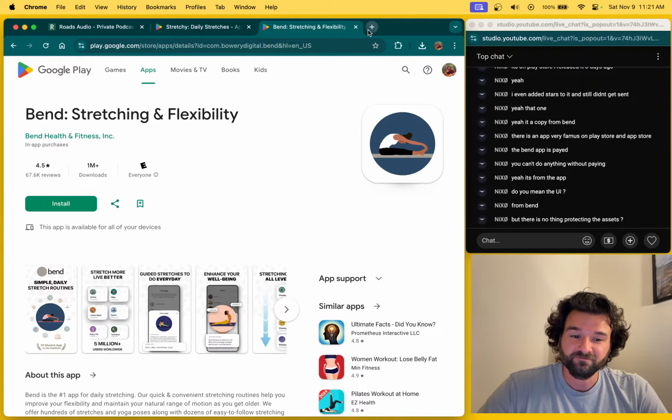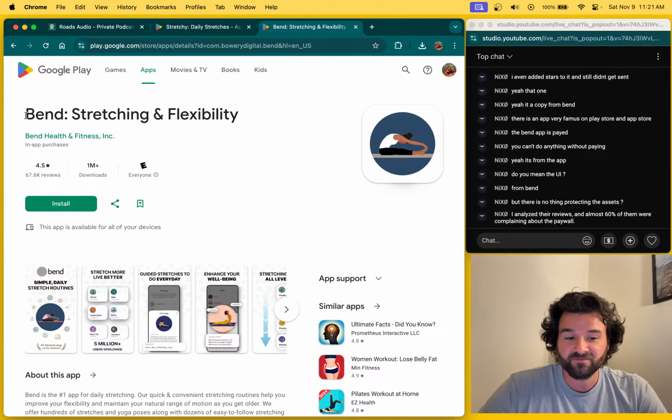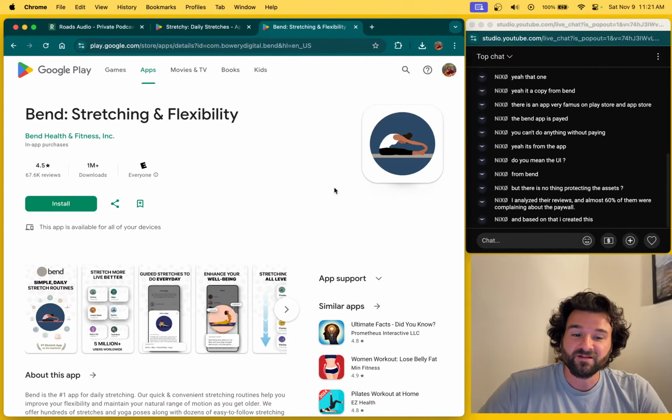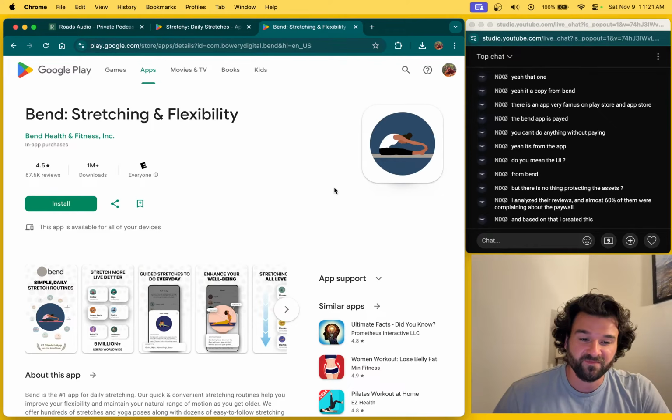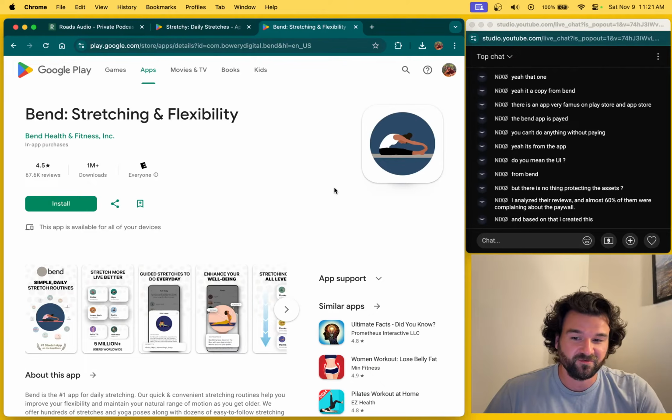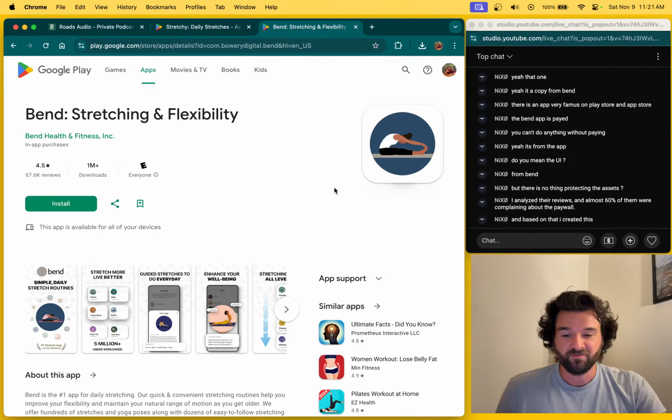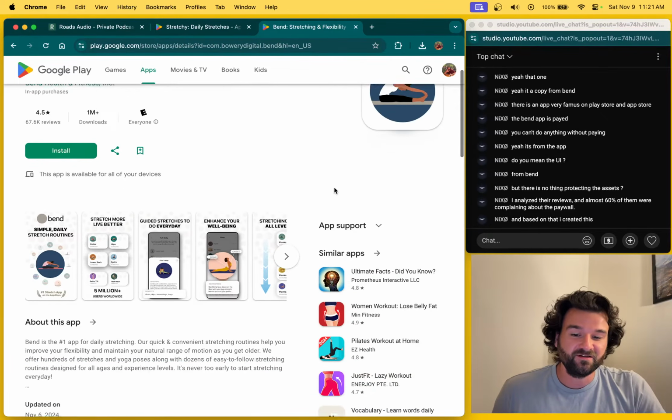So yeah, I'll just leave it there because it's basically complaining about the paywall. That definitely makes sense, and users are going to complain about a paywall every time because people don't want to pay for stuff. People prefer things to be free. But that doesn't mean that the paywall isn't valid, and it doesn't mean that you should have